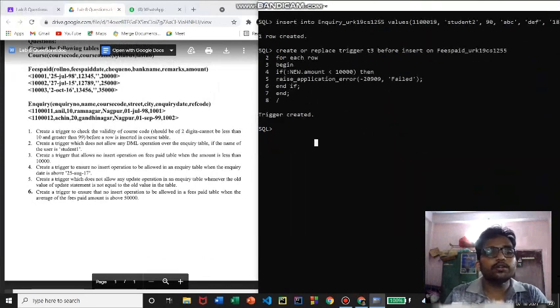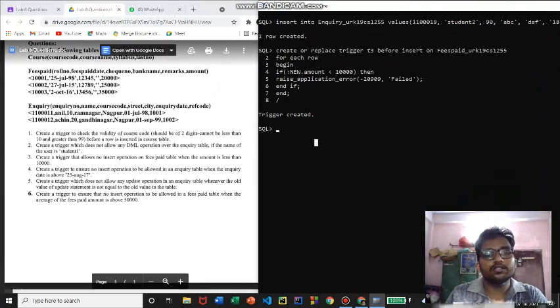Now let us check the trigger. We'll insert a tuple into this fees paid table with amount less than 10,000. Let us do that and check the trigger. Insert into fees paid values.